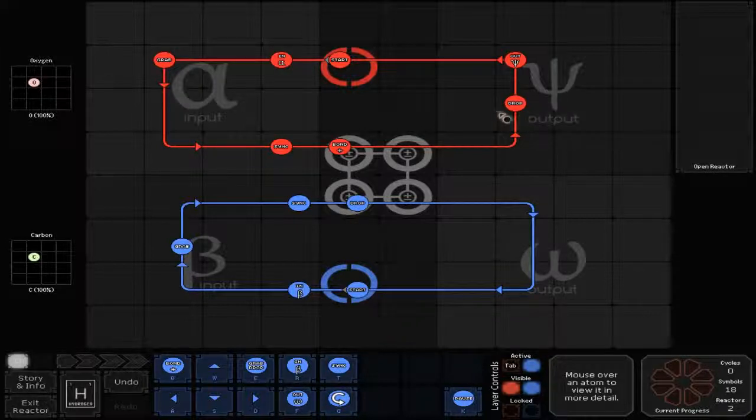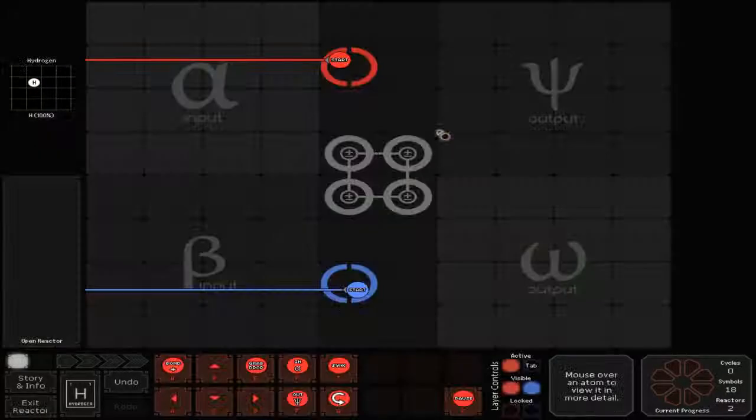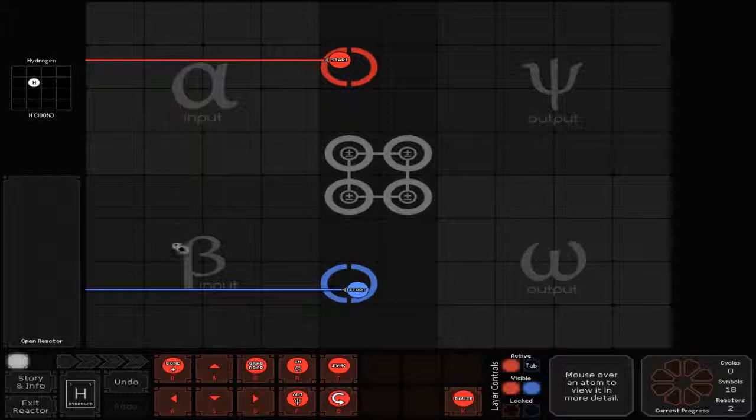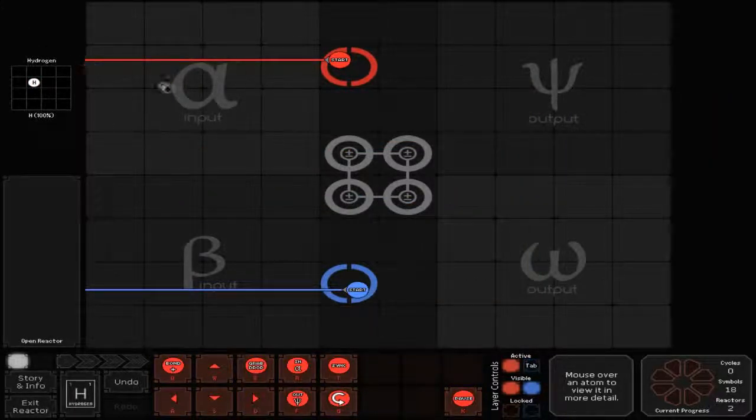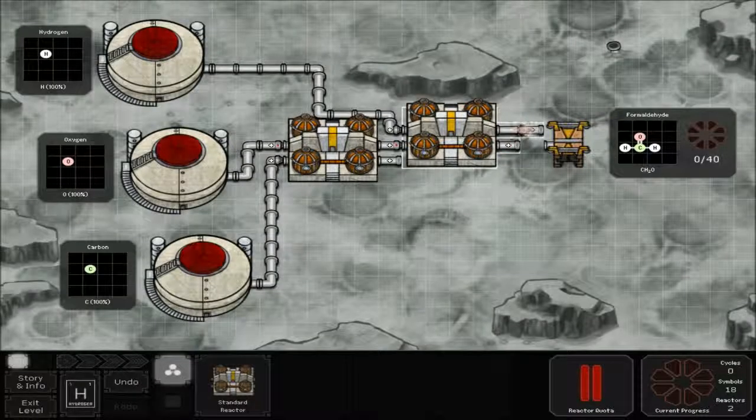So the output would be oxygen here and carbon here. So the input would be oxygen here, oxygen here, carbon here. Even though they would keep their bond, they would remain the same place as wherever I left off this. Carbon and oxygen goes to hydrogen to make